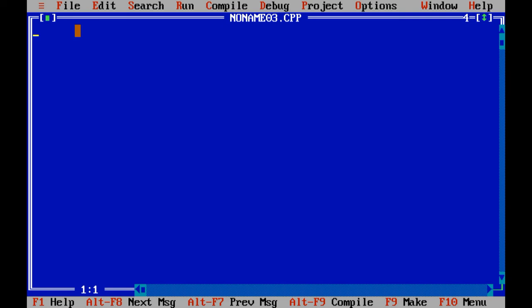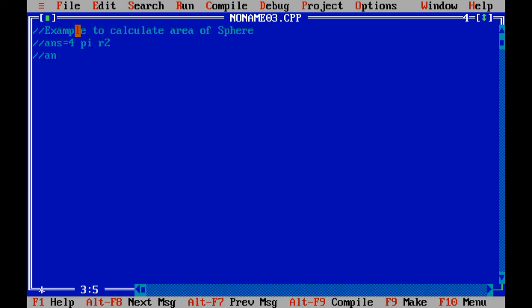Let us develop an example to calculate area of sphere, and the formula to calculate area of sphere is 4 pi r square.